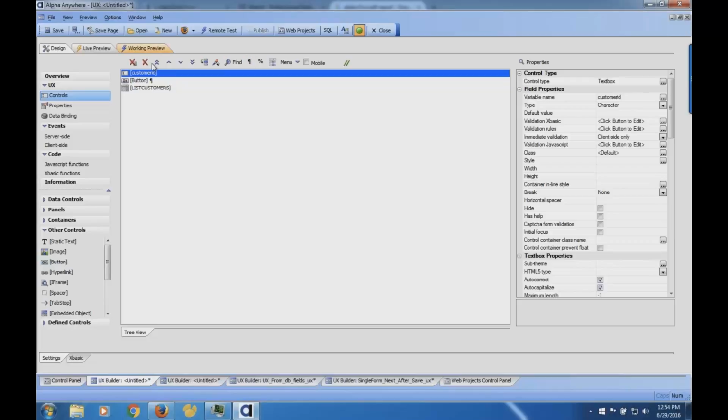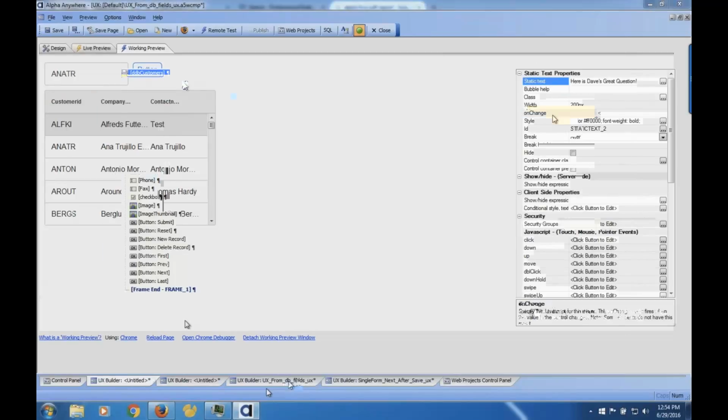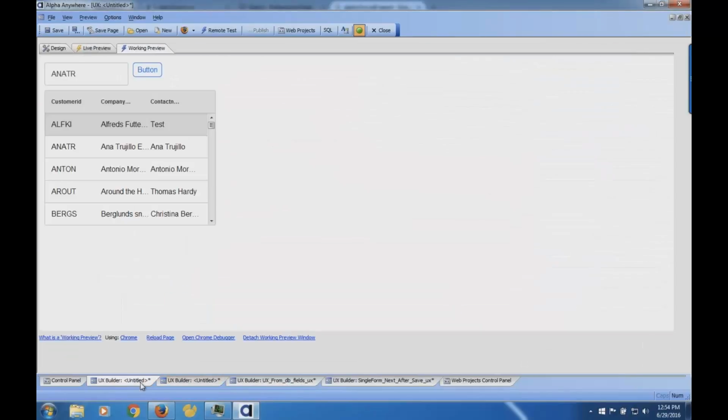So let me show you what that looks like right now. You'll see that it's pulled all my stuff here, and then I want to be able to type in a customer ID, click the button, and it would filter this list here. But the important thing is I want to do that disconnected, meaning I don't have to make a call back to the server. In this example over here, when I click this and run this function right here, this assumes that it has a connection to the server. It's going to make a call to the server. So if you're doing a disconnected app, it's going to fail and fail nastily, or it just won't work, and so the person will get confused.